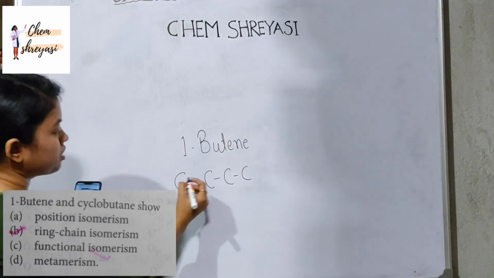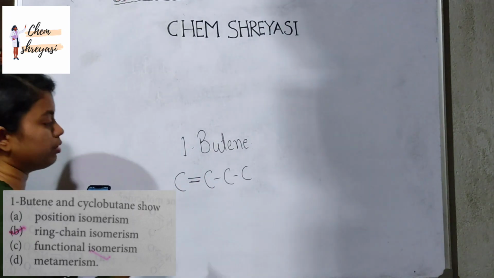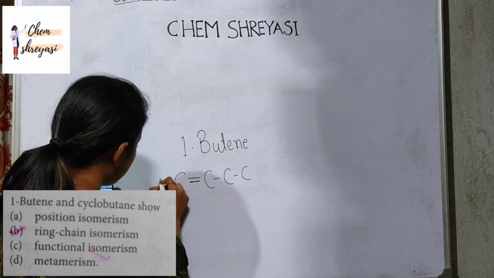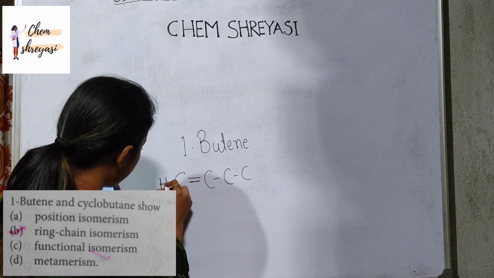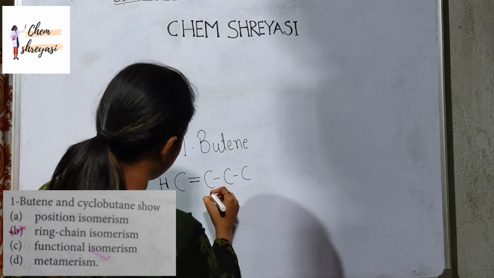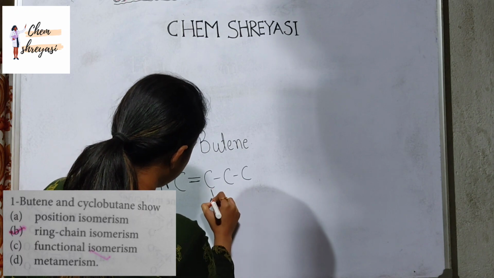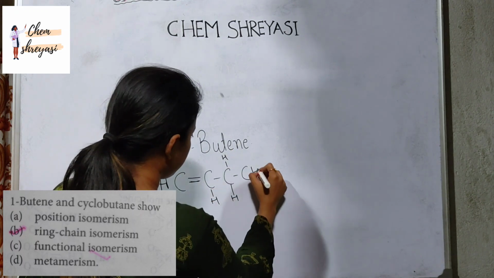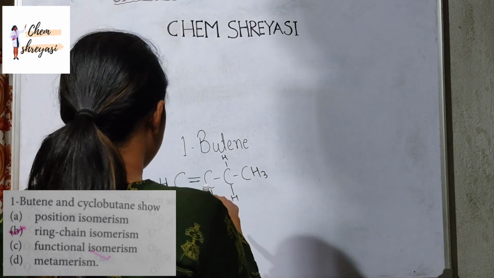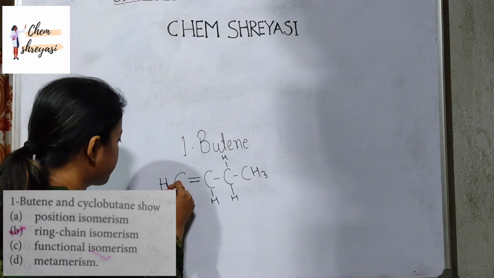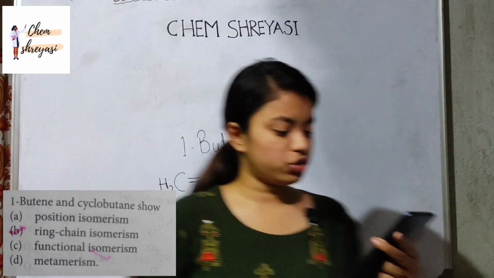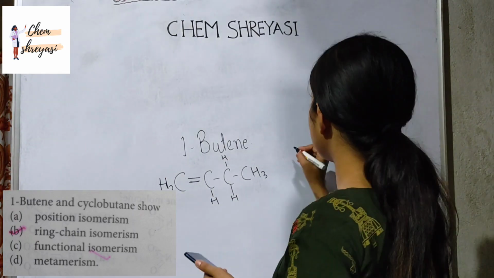And 1-butene means between 1 and 2 carbon there will be a double bond. Let me satisfy the tetravalency of carbon with hydrogen. So this is the 1-butene structure, and the cyclobutane structure is